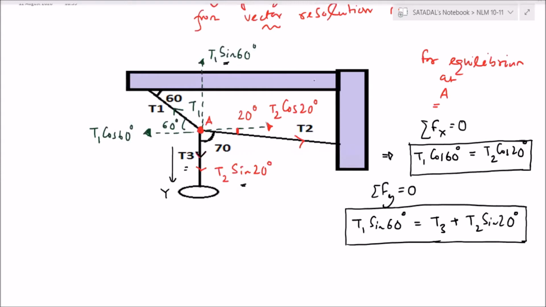Sir, due to some problem, I didn't hear the explanation of the diagram. So once explain that. Now the diagram is there in front of your screen. There the X and Y components are being resolved. So what I'm doing, summation of Fx is equal to 0 means net force leftward is equal to net force rightward. Summation of Fy is equal to 0 means net force upward is equal to net force downward. That's it. Understood? Fine. Don't worry, we will have many more examples. 2 more examples, I will go for it.